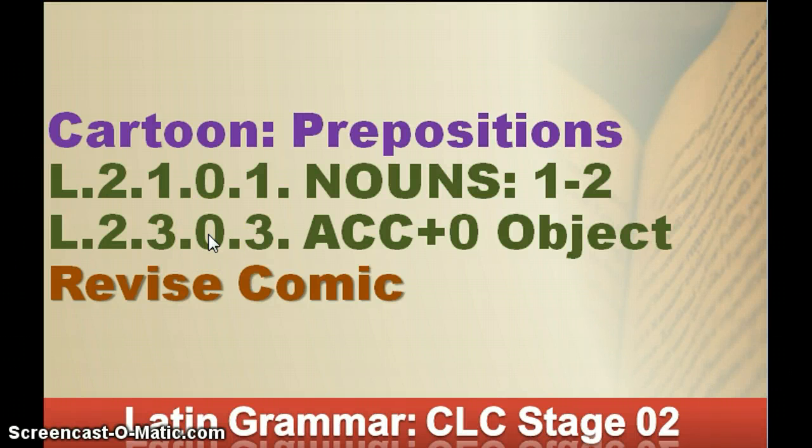And here we are in CLC Chapter 2, Grammar Lecture. We're going to be covering prepositions. Actually, we won't. That was in class. Then we'll be going over nouns, and then we'll be going to accusative plus no other signals object phrase, and then finally we'll revise the